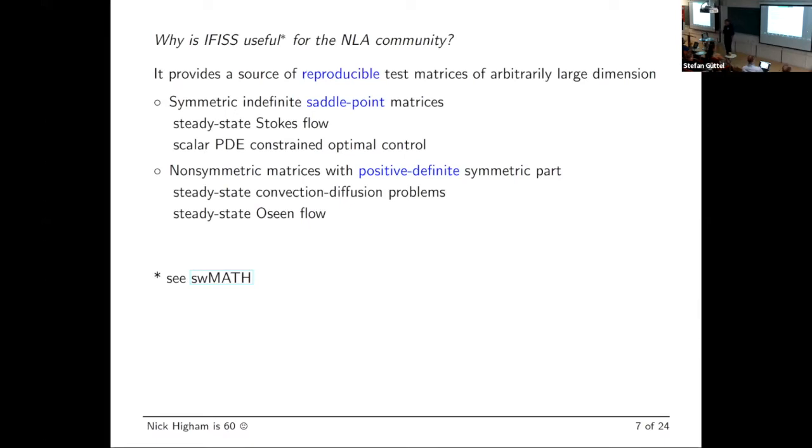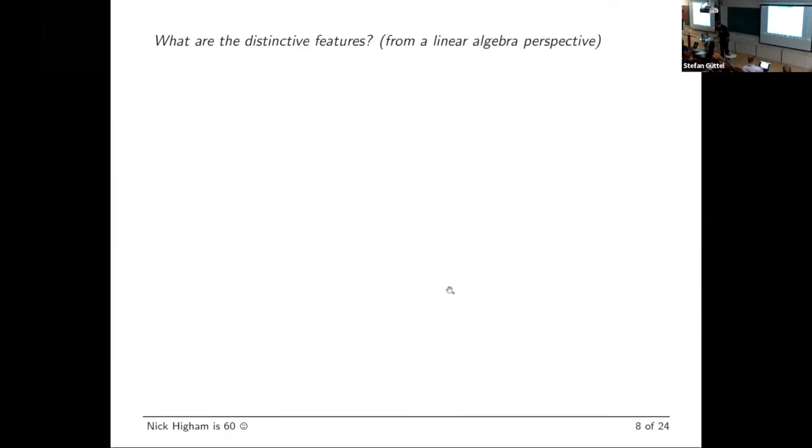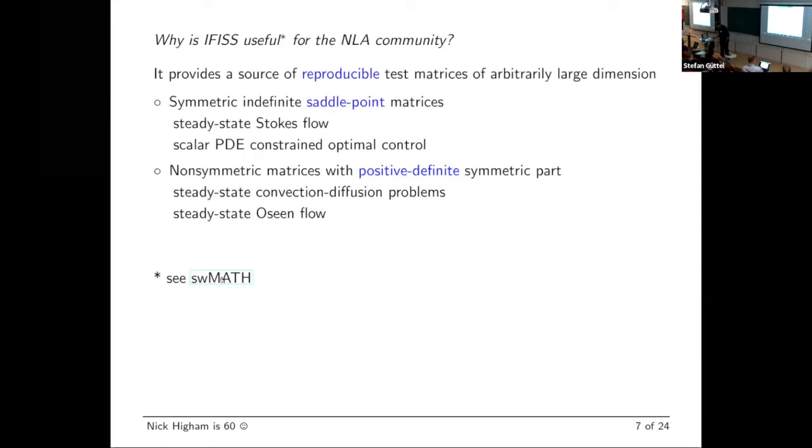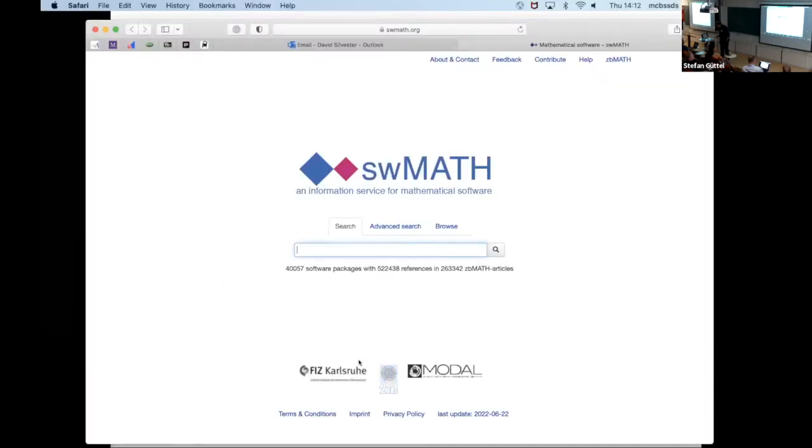So how can you see how good you are in terms of your software? Well, there's this great site, which I'll take you to. It's called SW Math, which it may or may not go to. It didn't like that, did it? I'll try that one more time. Okay, here it is. And you have written some software. Why don't you try typing in the name of your software, if you can spell?